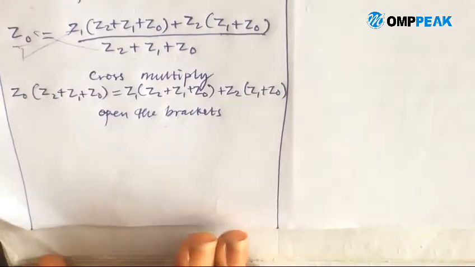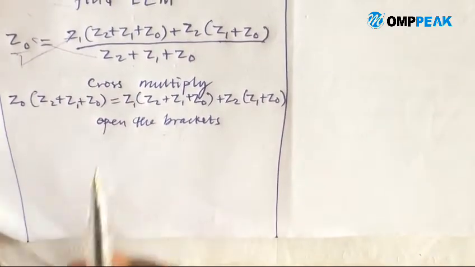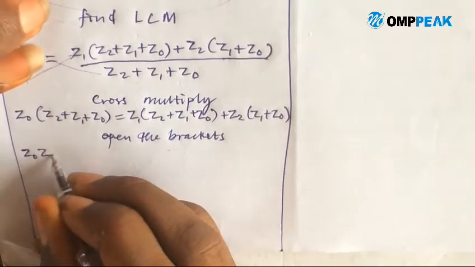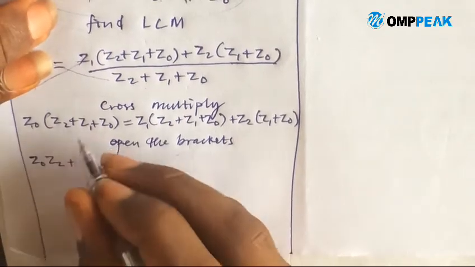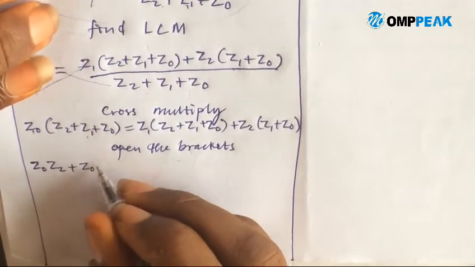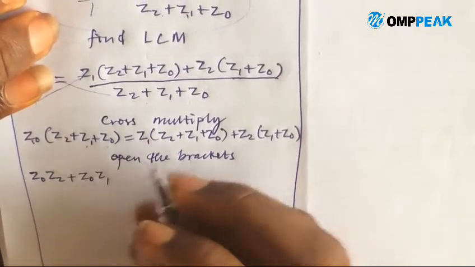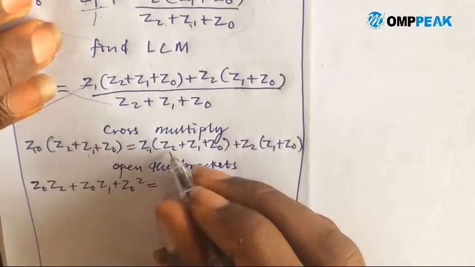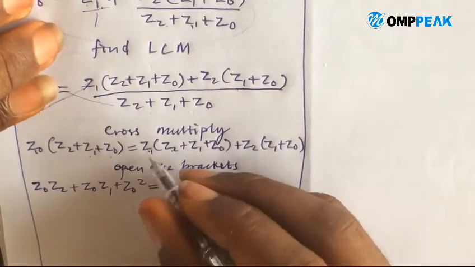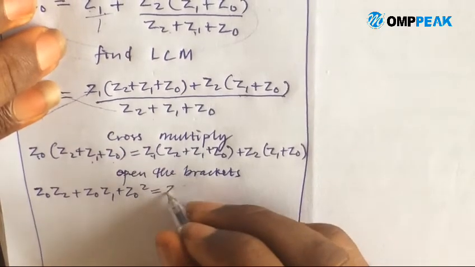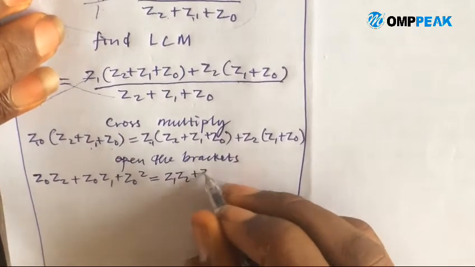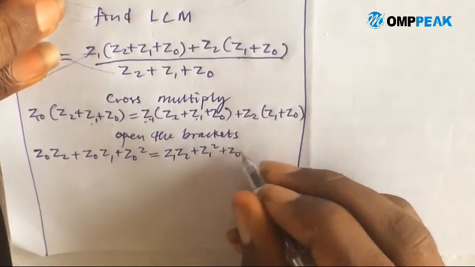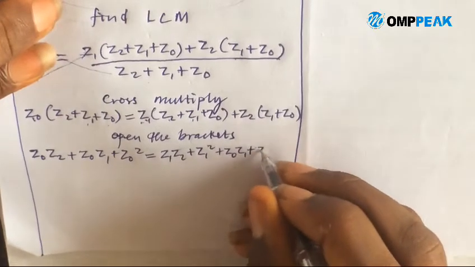Open the brackets. Now let's first open the one at the left hand side. So Z0 times Z2 plus Z0 times Z1 will be Z0 Z1. Z0 times Z0 will now be plus Z0 square, equal to this. To the right hand side, Z1 times Z2 will now be Z1 Z2 plus Z1 square. This times this will give us Z1 square plus Z0 Z1 plus Z1